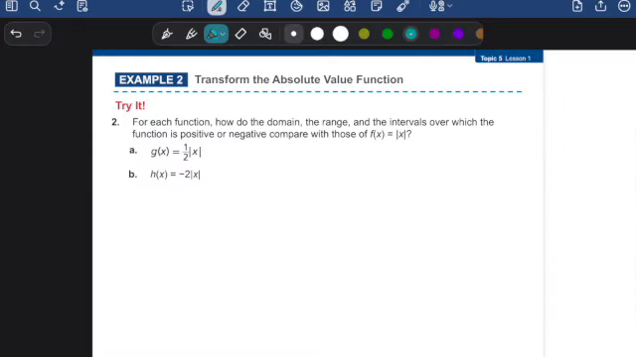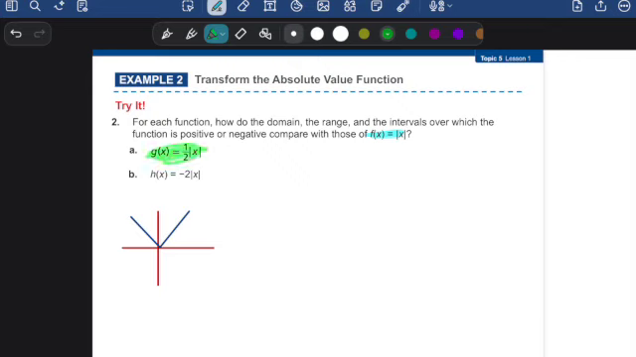Try it number 2. Describe how the domain, the range, and the intervals where they're positive or negative compare to the parent function. Okay, so our parent function, we know, looks like an upward facing v. G of x,